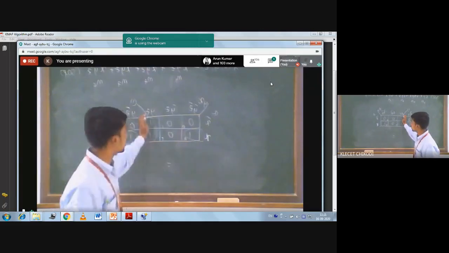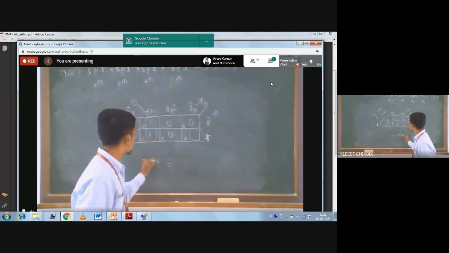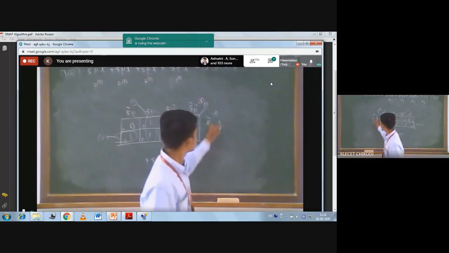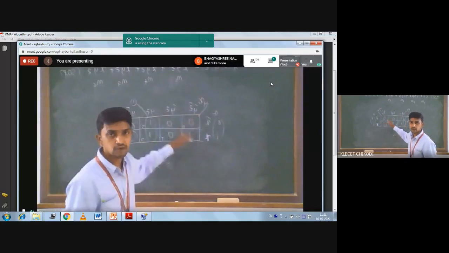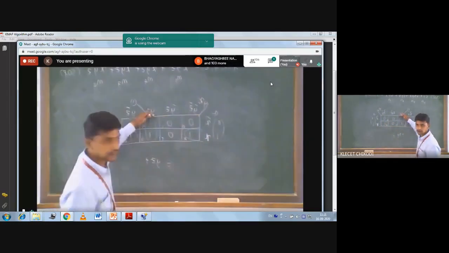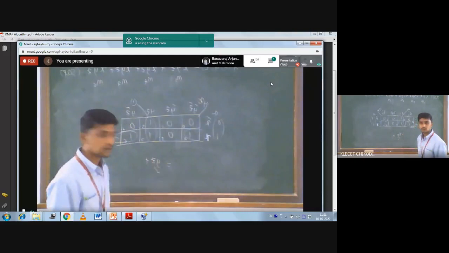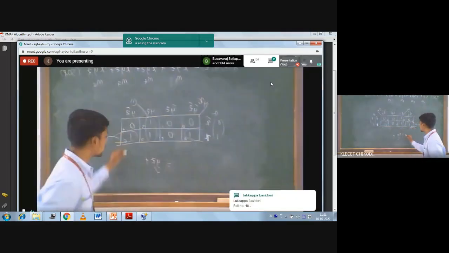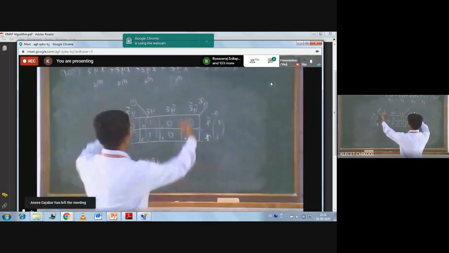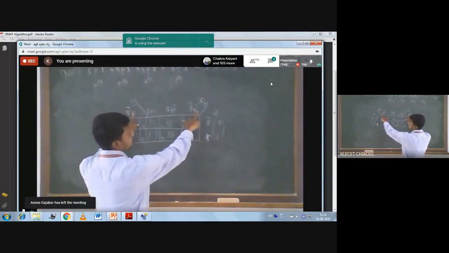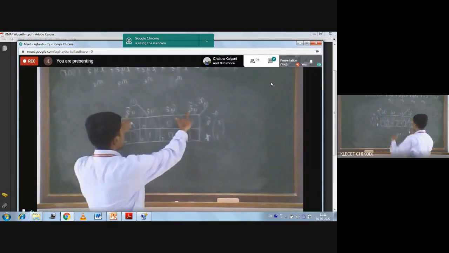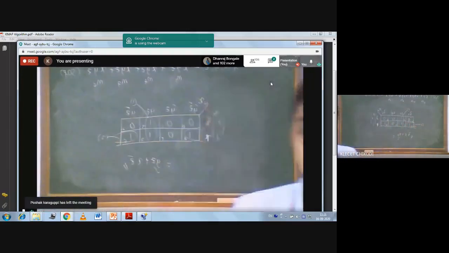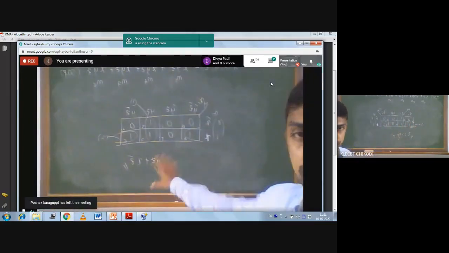For the first one, it is YZ because the X variable is changing from X bar to X, or 0 to 1. Whenever there is a transition, we are not taking that variable. And the corresponding column term is YZ. So that's why I have taken YZ. Similarly for this one, 4 and 6: row wise it is X, and column wise there is a transition for Y, so that's why we are not taking Y here, and Z bar we have to take.